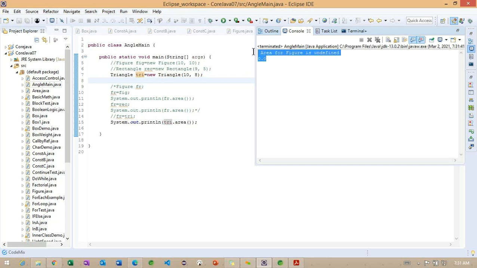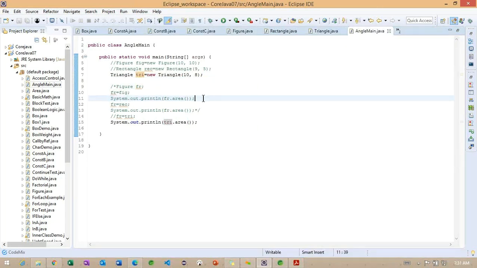Getting the point. So this is the way we can work: based on the object reference, the method is called, and if the method is not available in the particular class, it is going to check the superclass method. If it is not found in the superclass either, we are going to get a compilation error. Getting the point. So this is about the method overriding concept here.